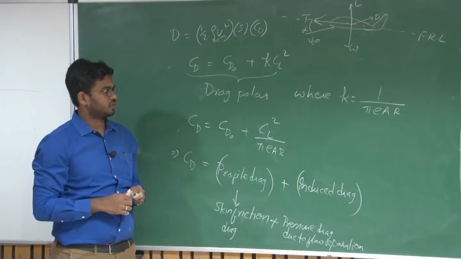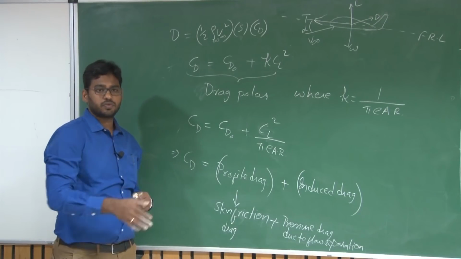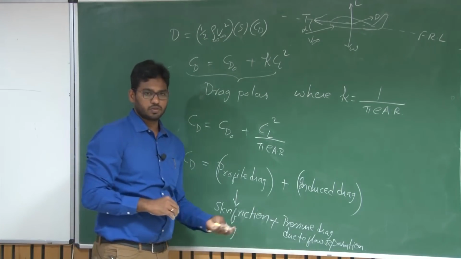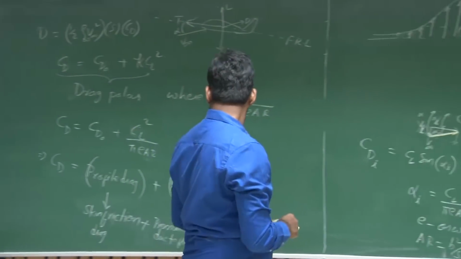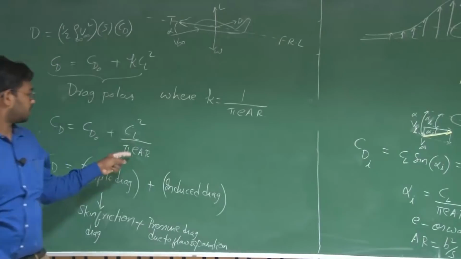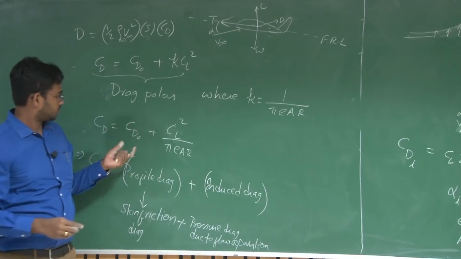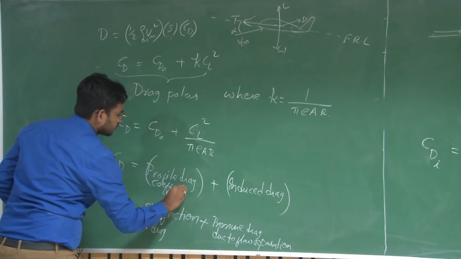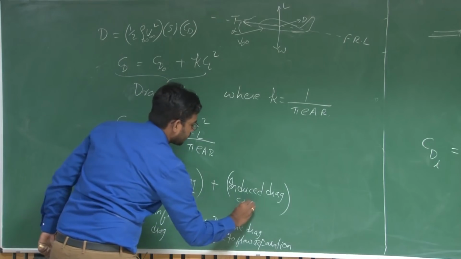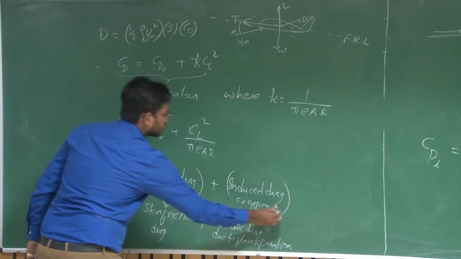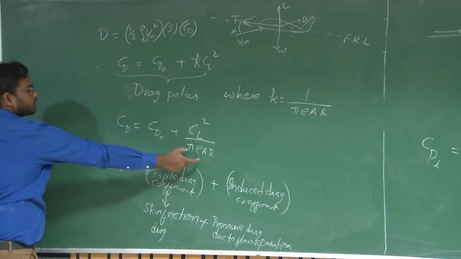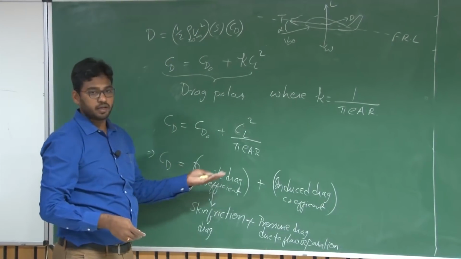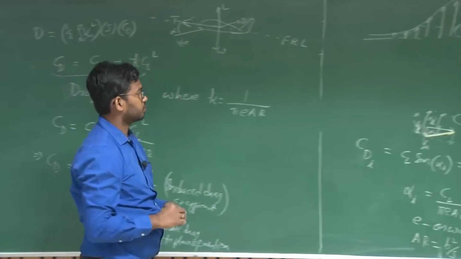And in these lectures we are going to discuss only low speed UAVs. So there is no need for us to discuss much about this wave drag here, right? So you have CD naught plus CL square by pi E AR, right? So these are the profile drag coefficient and the induced drag coefficient. These induced drag and profile drag coefficients multiplied by half rho V square S will give you the corresponding profile drag and induced drag, right? Okay.